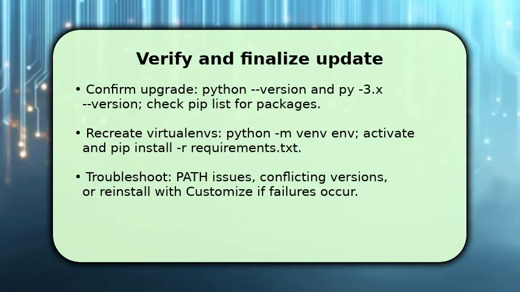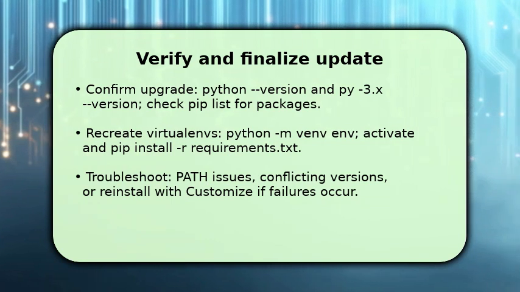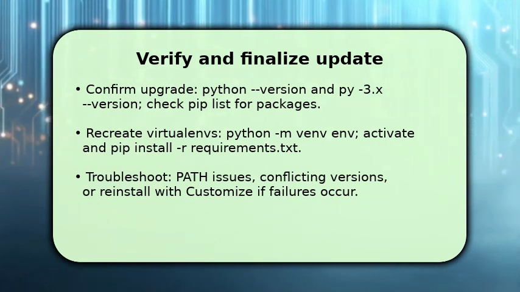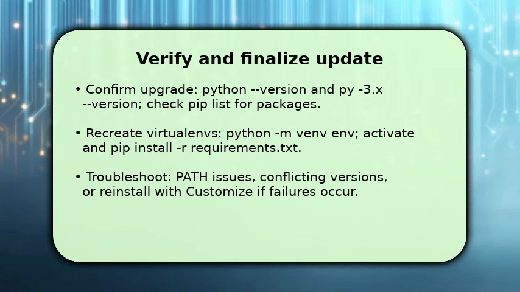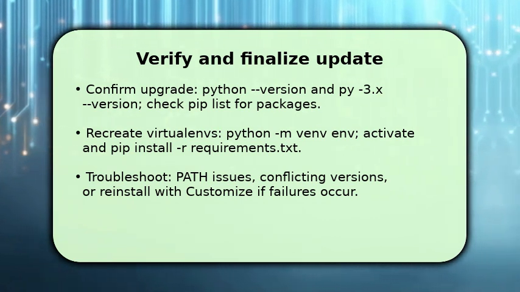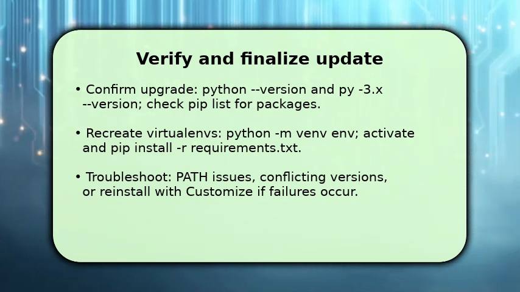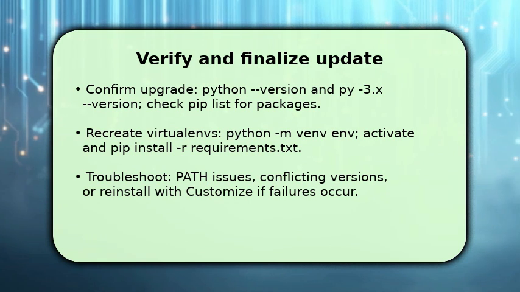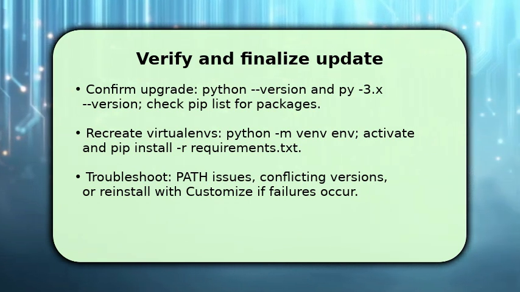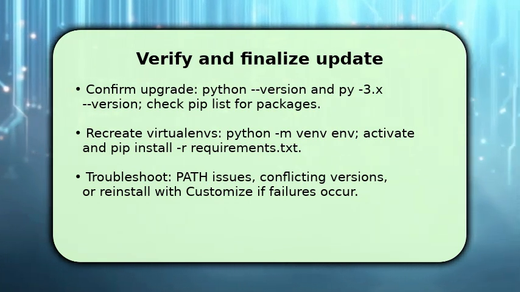Run python --version and use py -3.x to target specific installs. Once confirmed, recreate your virtual environments with python -m venv, activate them, and pip install -r requirements.txt to restore packages. If something goes wrong, make sure PATH points to the correct python.exe